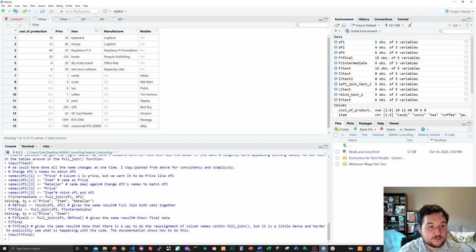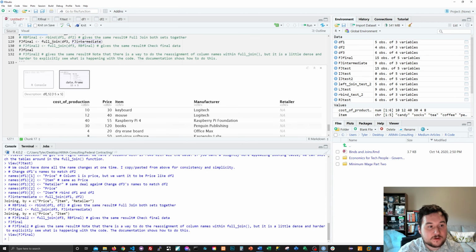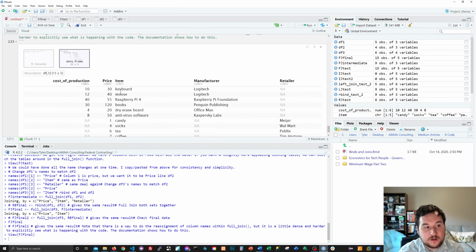So whatever you're going to do with your data, you can pass in one thing. If you need all your data in one place, pass it into a model, do whatever you got to do. But that wraps up our discussion about how to merge multiple data sets with R with binds and joins